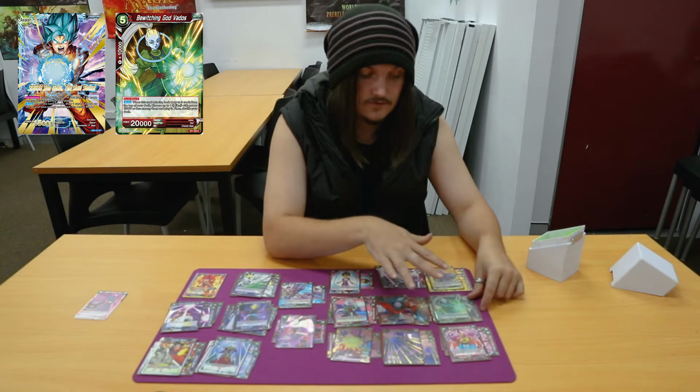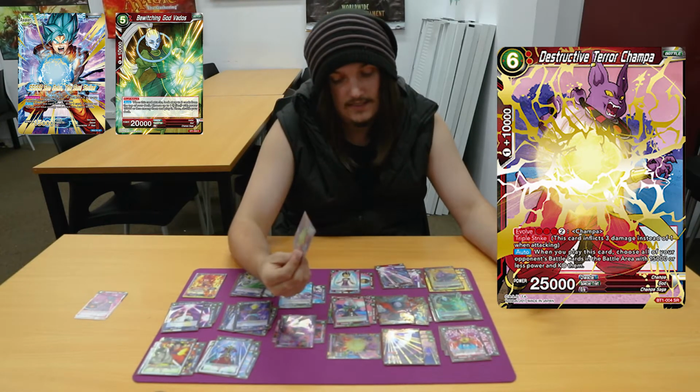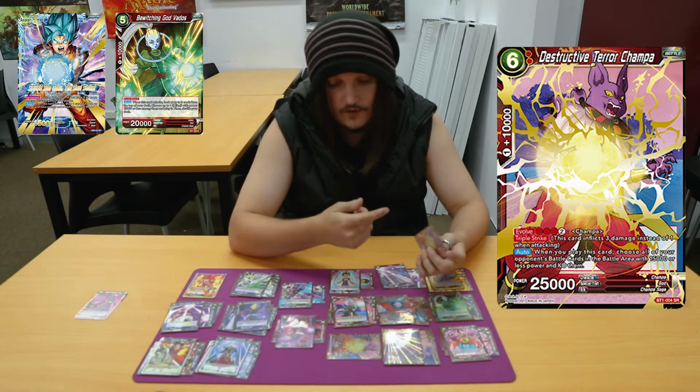Yeah, I love this curving out turn 5. It's insane. I played the Destructive Terror Champa just at 2. He's something to search for when you play Gowasu. So if you don't know Champa,